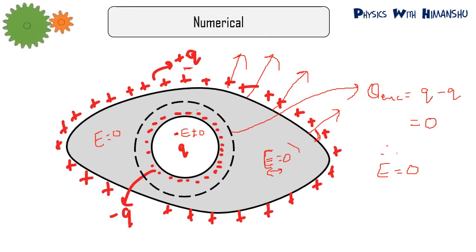Always remember, there will be an electric field at all these points, perpendicular to the surface. So inside the conductor there will be no electric field. Inside the cavity there can be an electric field if there is a charge Q at the center. If there is no charge Q here, then in the cavity there will be no electric field. But if there is a charge in the cavity, then there will be an electric field. All this type of questions I have covered in the quiz. So the most important thing is the quiz that you have to solve today.